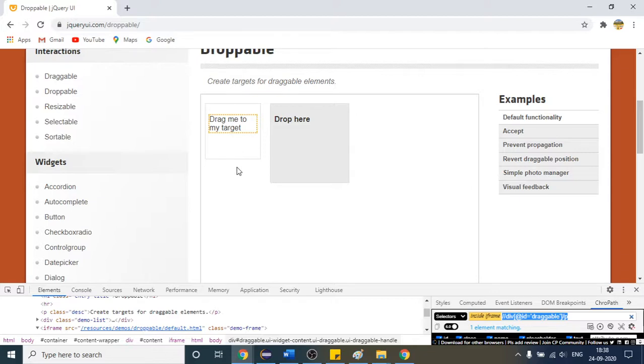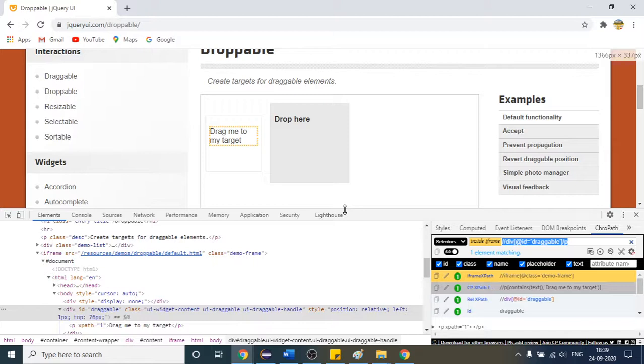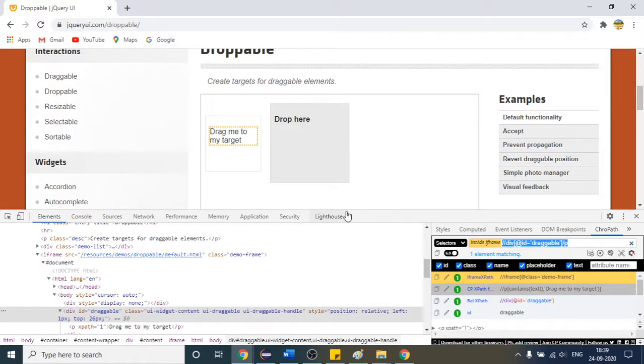Sometimes they might provide iframes in the web page so that they can provide some other content from the other website. So suppose, assume as of now, that these two boxes, first one and second one, are coming from the other website, and as these are present inside the frame, Selenium by default does not have the power to perform any action inside the iframe, right?